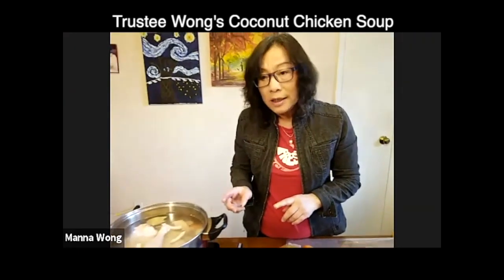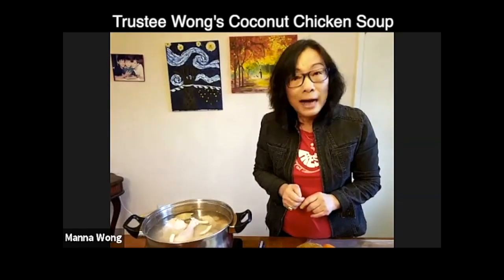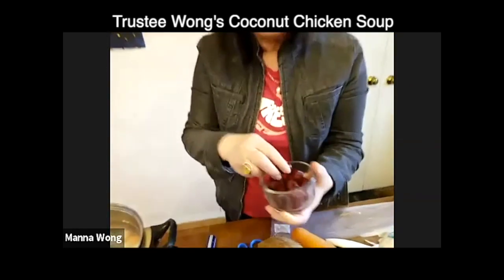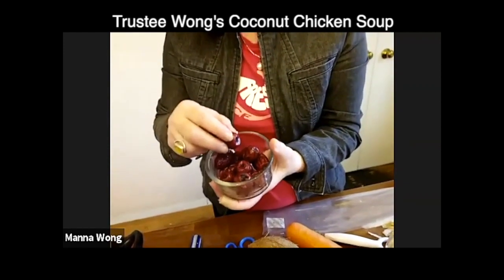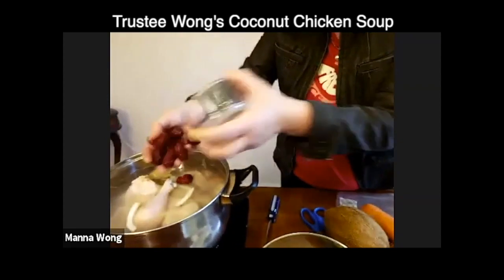Put it to boil and skim it, and then of course lower the heat to simmer for an hour. After an hour, all you have to do is add the red dates, because the dates don't cook, they don't disintegrate when you cook it too long. So put the red dates in